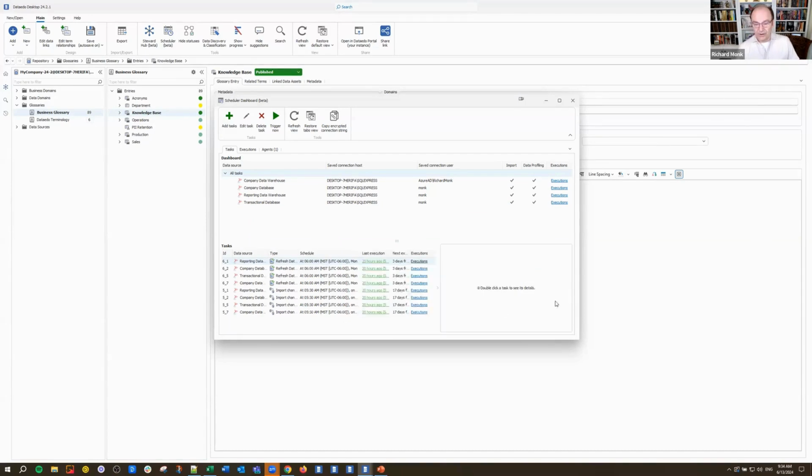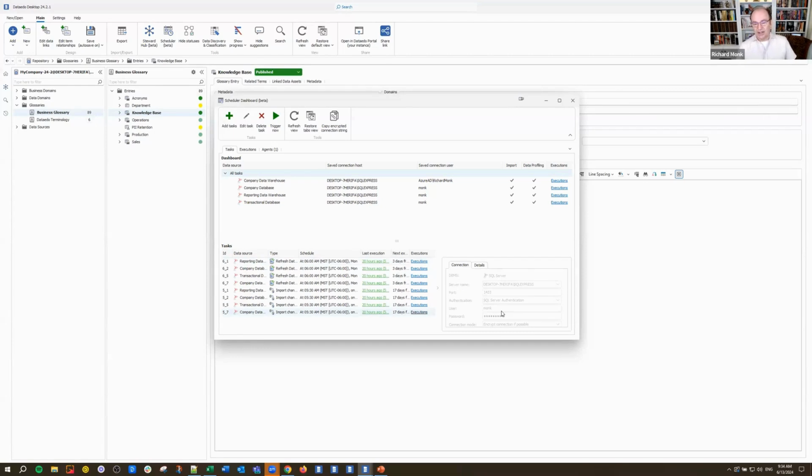In this view, we also get information about the task itself. So if I double click that task, we can see what is going to be imported or what's going to happen with that task and what connection it uses. More about connections in the video I've prepared for this.